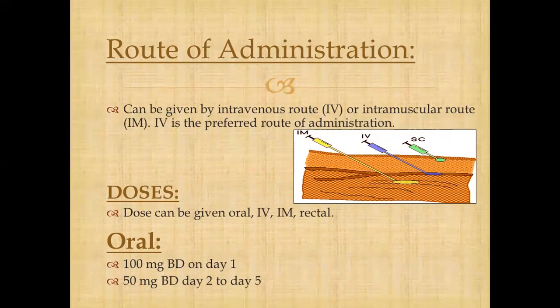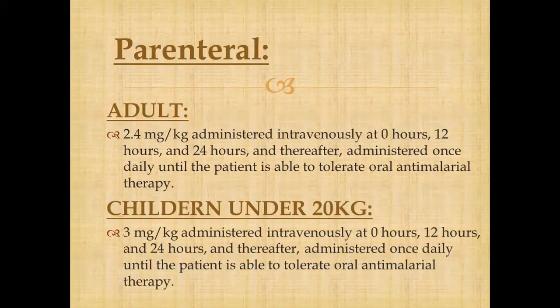Artesunate can be given IV or IM, but the most preferred and suitable route of artesunate is IV. Doses can be given oral, IV, IM, and rectal. Oral: 100 mg BD on day 1, 50 mg BD from day 2 to day 5. Now, parenteral doses. In adults,